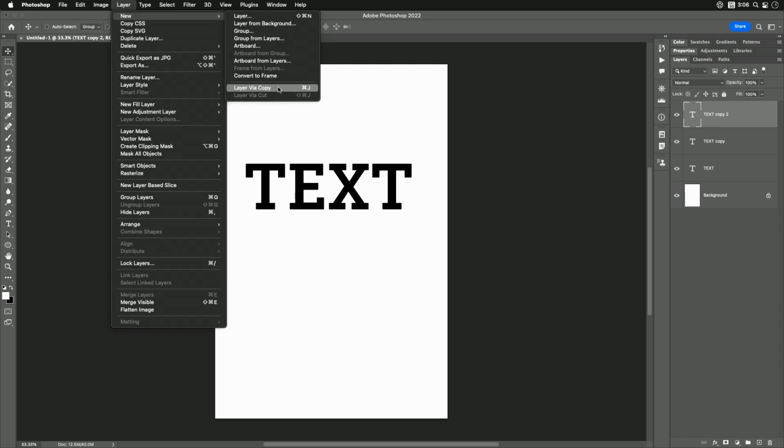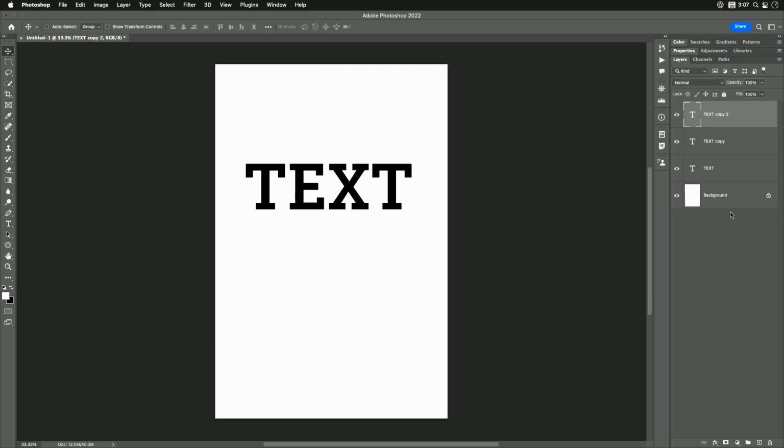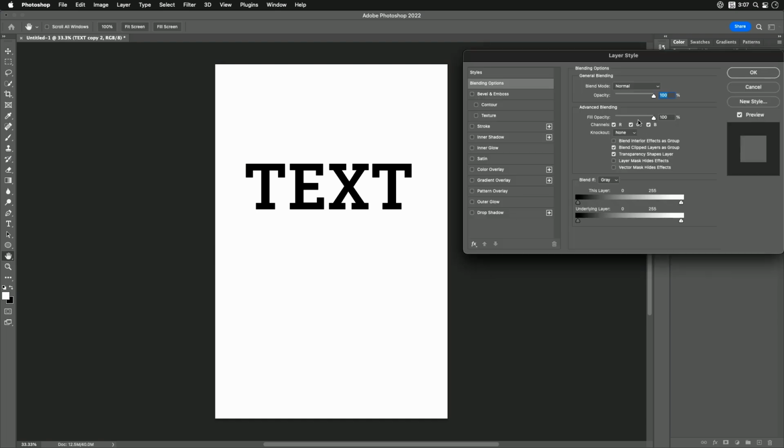You're welcome to do it manually if you hate keyboard shortcuts. Then let's change what color each one of these can affect. I'm going to double-click to the right of the name of the layer. I'm going to make that one red. And I'm going to take the next one down by double-clicking to the right of the name, green. And I'll make the third one blue, and we don't notice anything happening because they perfectly align, and so we